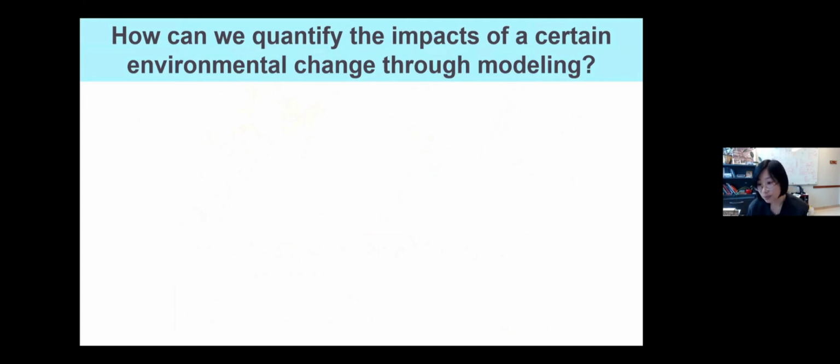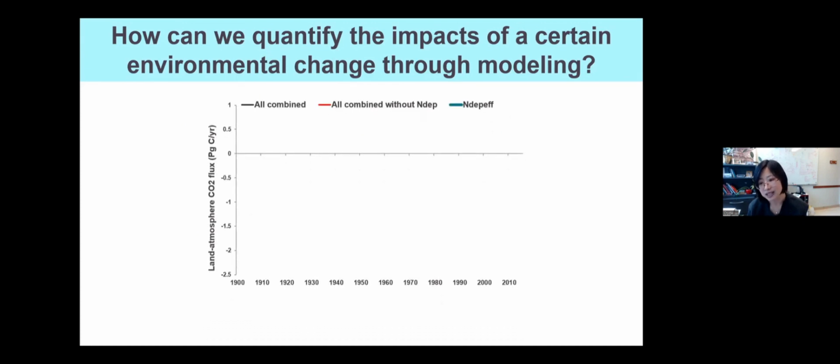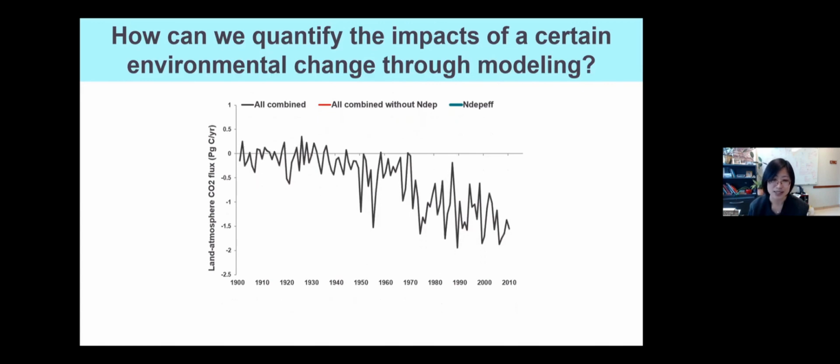When we do the model simulation, we can set up multiple simulation experiments, pretty much like you conduct experiments in the field. Once your model is proven okay, making the simulation experiment is way less expensive and quicker than making the experiment in the field. So you can have control and treatment experiments in your computer for a selected region.